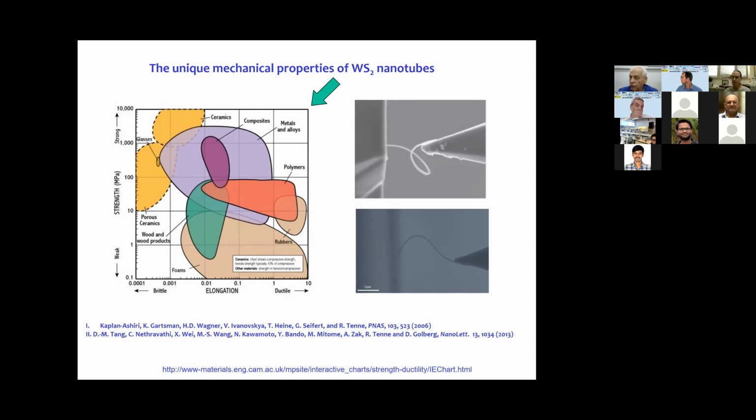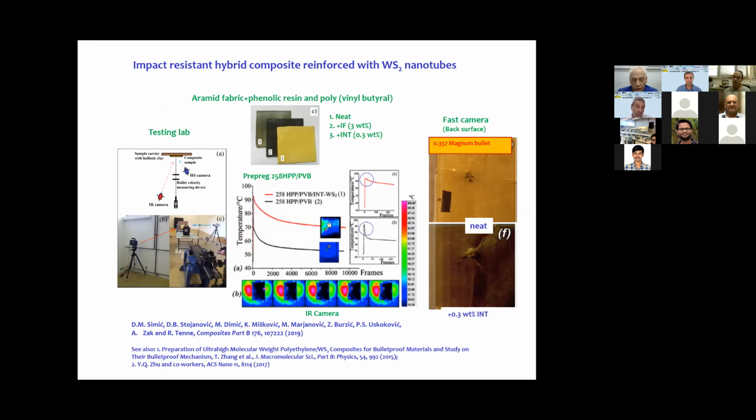And this is important for many, many applications, mostly for polymer nanocomposites, which are now investigated in great detail and are on the way to major industrial applications. But I won't go into that in detail because I don't have the time. I want to show you just one application as an example before I go to the rest of the talk. And this is the